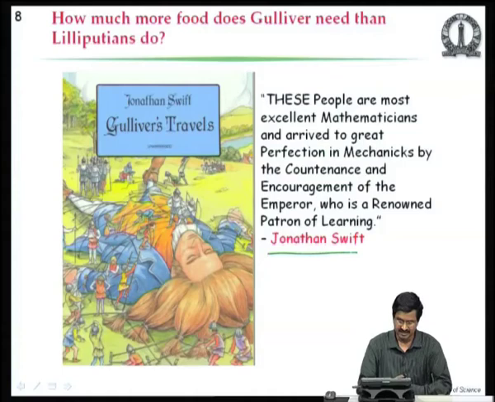Because he says that when Gulliver arrived in Lilliput Island, they had to decide how much food to give him. If he eats a certain amount of food, since he is 10 times taller than them, does he eat only 10 times more food or is it more than that? And they decide that it should be 1000 times more food, because